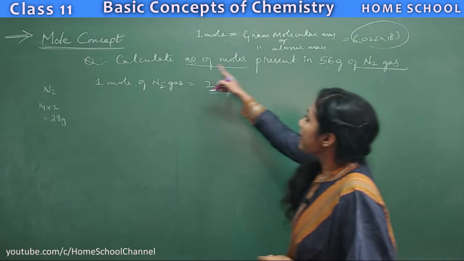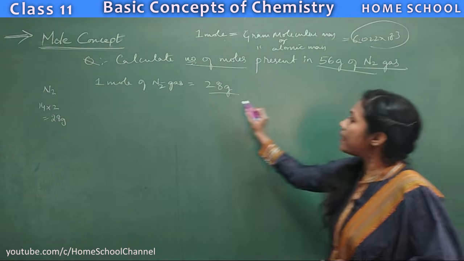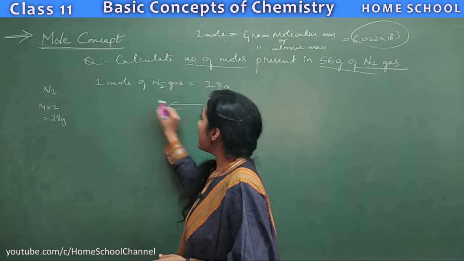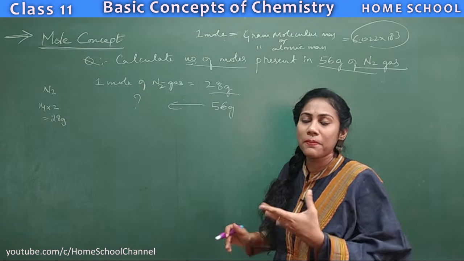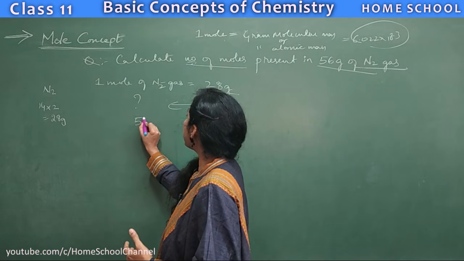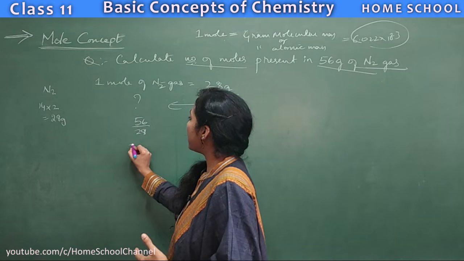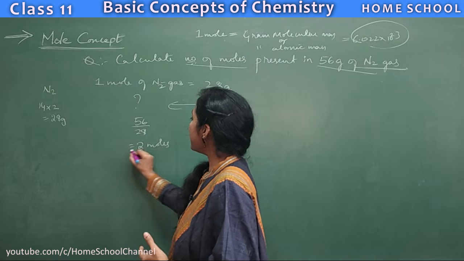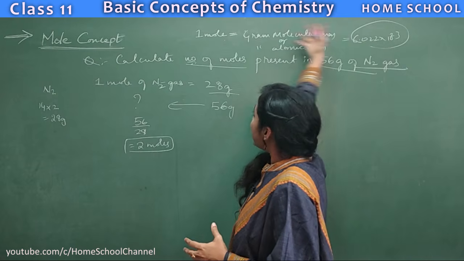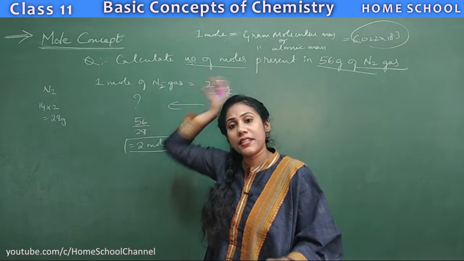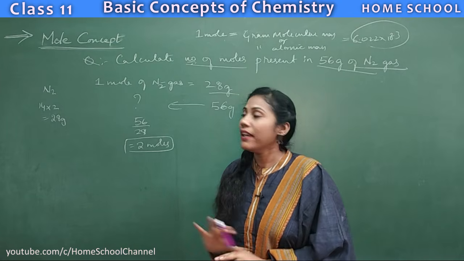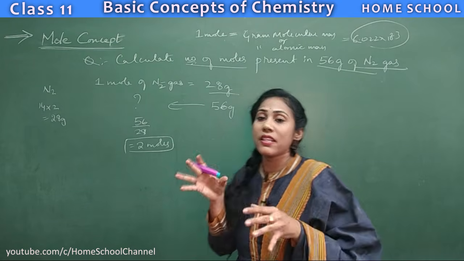Then they are asking how many moles are present in 56 grams. So our 56 grams of nitrogen gas has how many moles? Just a cross multiplication based on logic, right? You just have to do 56 divided by 28. That will be 2 moles. So your answer is 2 moles here. See how simple it is? Just on a concept, you have to understand this. Once you understand the mole concept, nothing is there. You just have to apply your knowledge and concept over it. So this is solving a question based on logic.